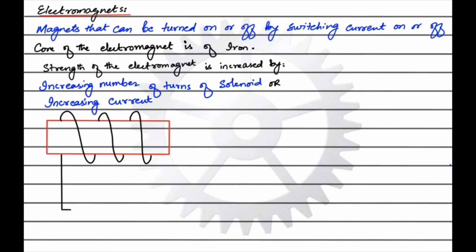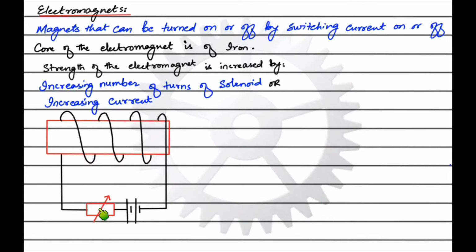So this is how electromagnet circuit looks like. There is a wire which is carrying a DC, a direct current supply, and in this there is a rheostat as part of the circuit. The rheostat can adjust the resistance of the circuit. So if you increase the resistance of the circuit, the current will be less and the electromagnet will be weaker. Similarly, if you decrease the resistance of the circuit by rheostat, the current will be greater and the strength of electromagnet can be increased.